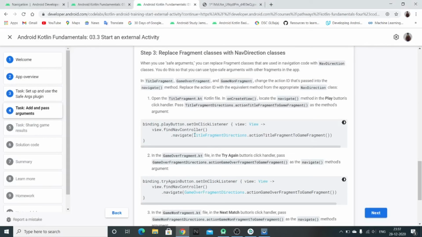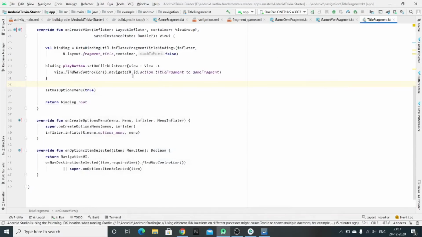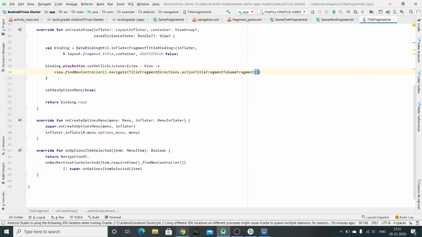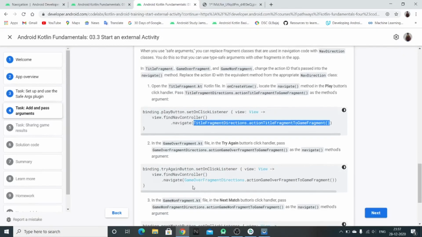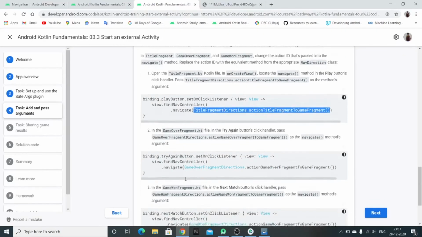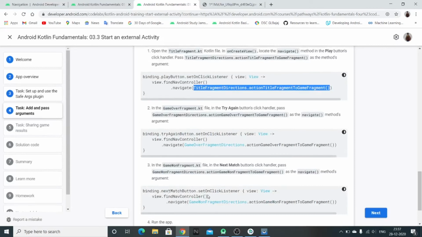Over here we will be accepting the arguments from this class that was generated, and the same changes we need to make with the other buttons also, that was the try again button when we lose, and the next match button when we win.